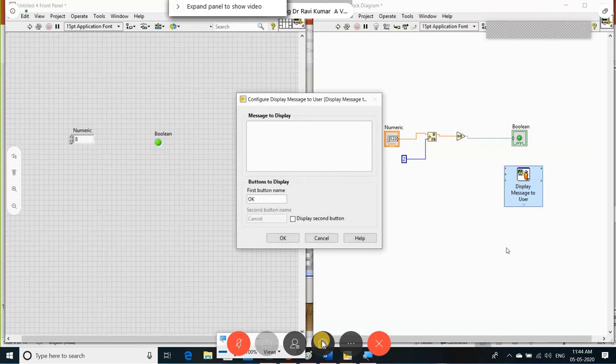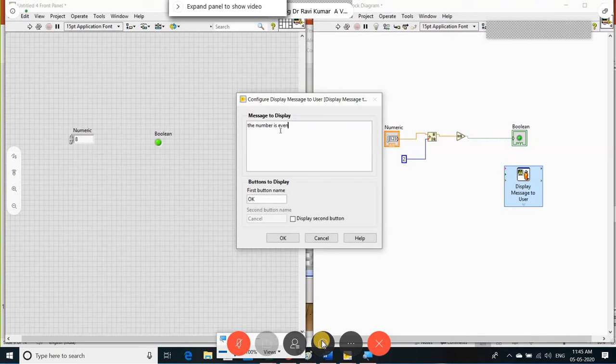So place it here. If you place this on the block diagram, automatically the message window comes up for what message you want to display. The number is, I can take it as even number. This will be displayed when this is enabled.